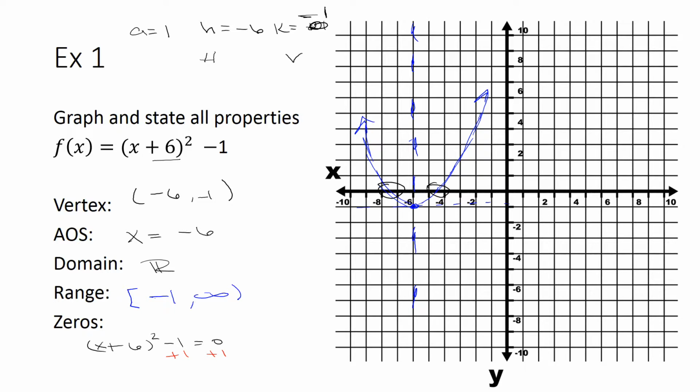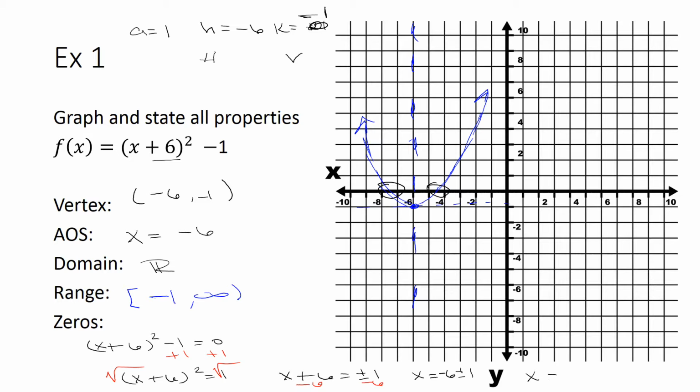add 1 to each side. (x + 6)² is equal to 1. Take the square root of both sides. x + 6 is equal to plus or minus 1. Move that 6 over. Okay, so we have x is equal to negative 6 plus or minus 1,